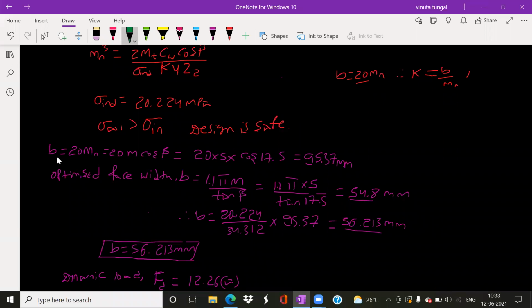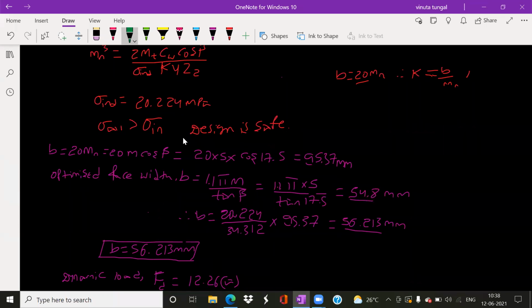Whatever the K value they have written, for helical gear it is 12.5 to 20 you have to take. Means, for example, if I am getting in between values, for that also I have considered the same value, that is 20. But while designing, it should be optimized. For that reason, you have to consider the module. You have to use this formula. From this, we are going to get the optimized.